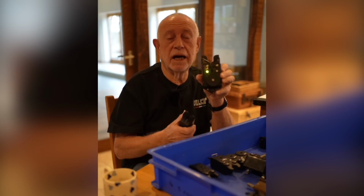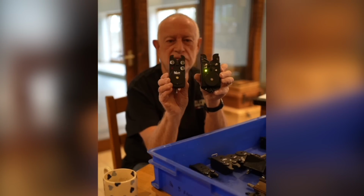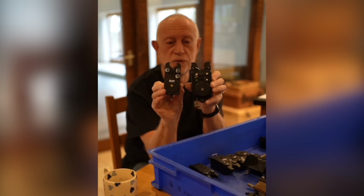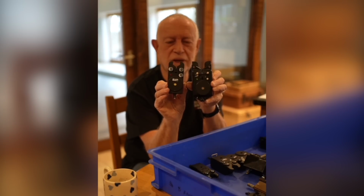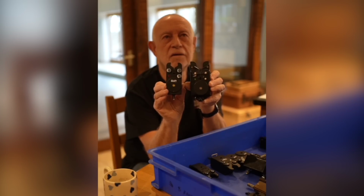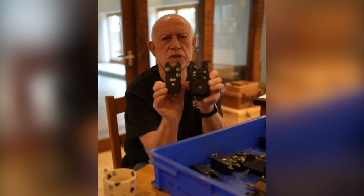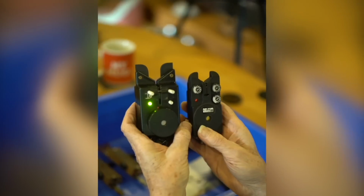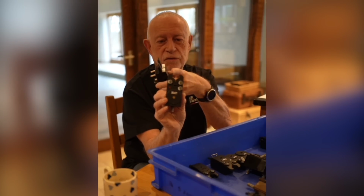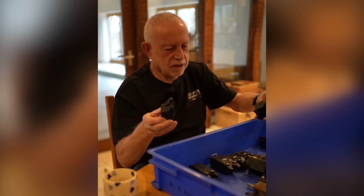We then set about making a design that was going to incorporate everything. And this is the very first configuration. And you can see that the control knobs are in the same order as they are on the other one. And that was designed for me by a son of a colleague that I was in the shoe industry, and he was educated at, I think, Loughborough University, and he was doing an art course. We thought, this is a really nice shape. It's different to your regular bite alarms. The rod can sit in there nicely. There's a groove for the line to run through, etc., etc. And that became the